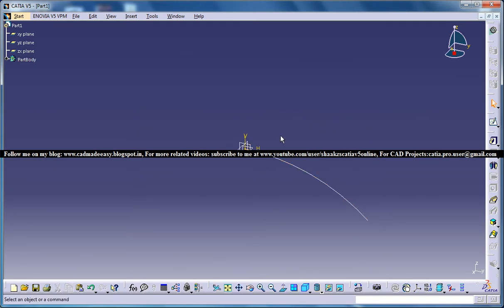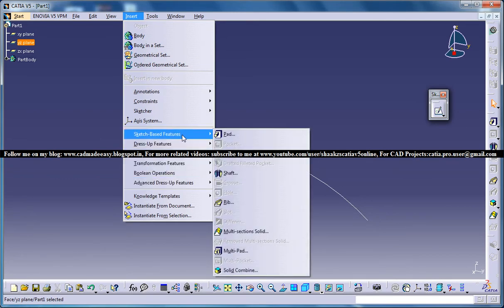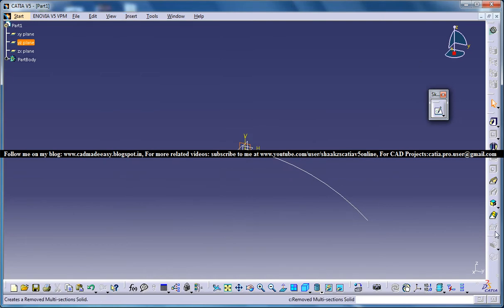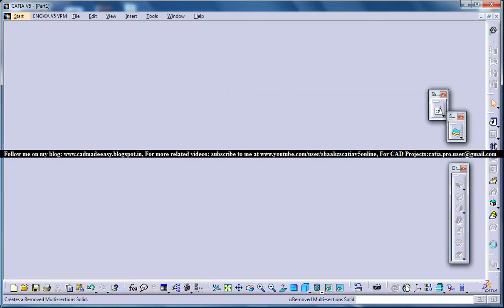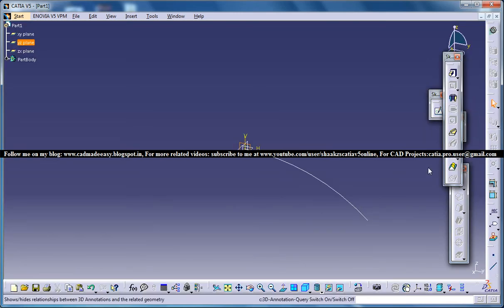What you could do now, you can select this plane here and go for create plane, insert. I do not see the plane options over there, so that's the reason I come here. As you put some options out, you can find the plane coming up. Okay, this is where you'll find the plane. Go for the create plane